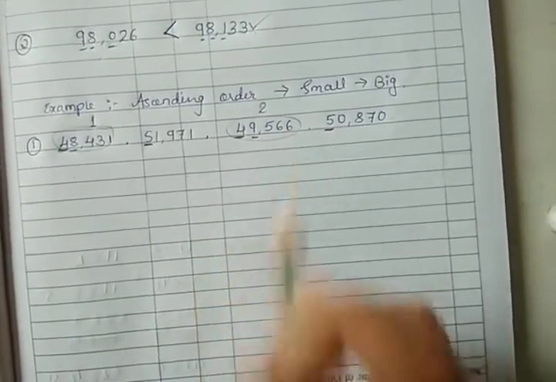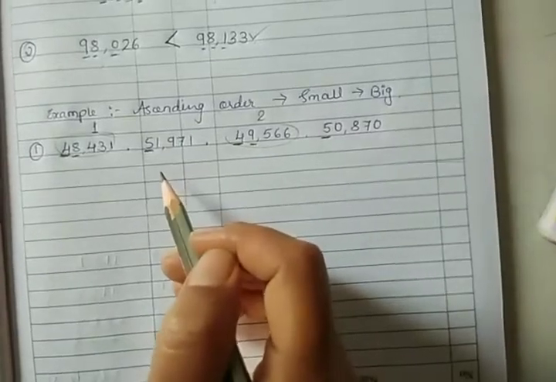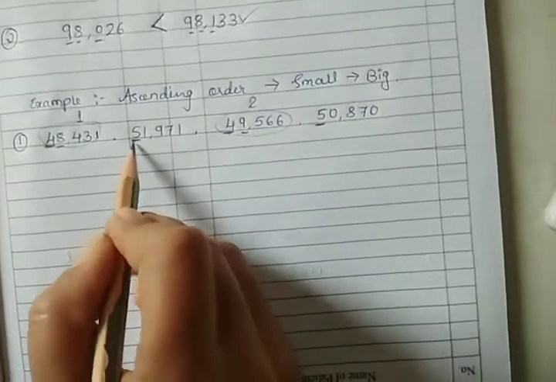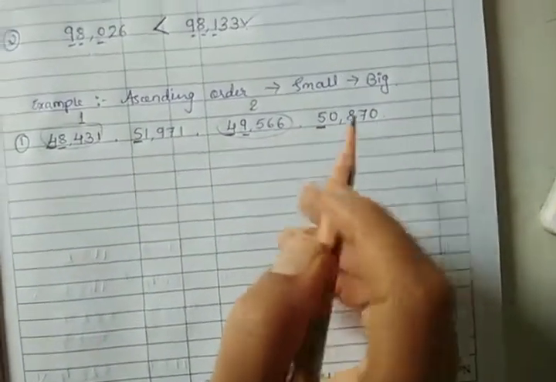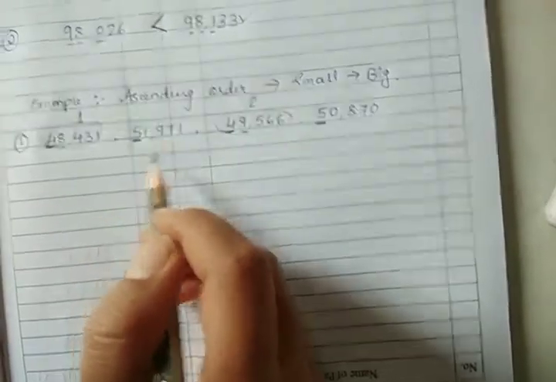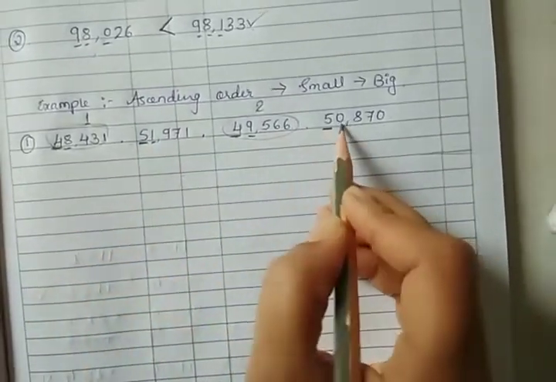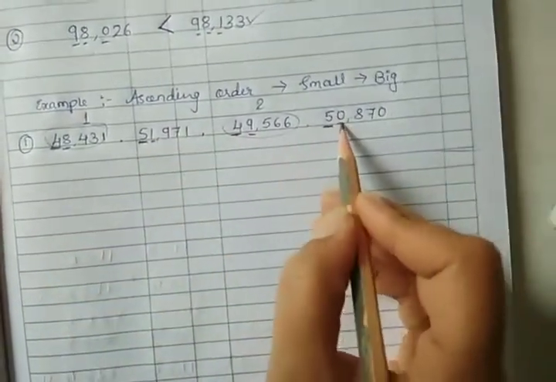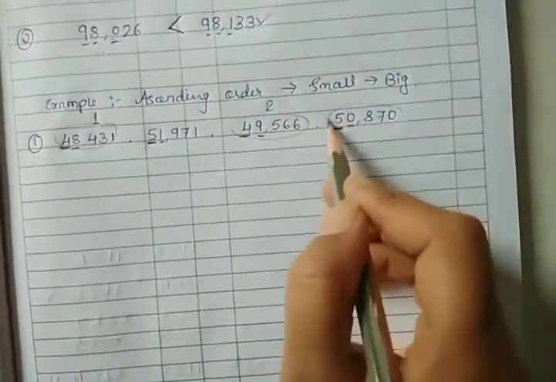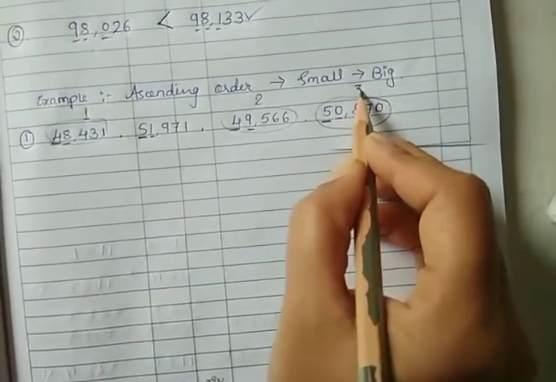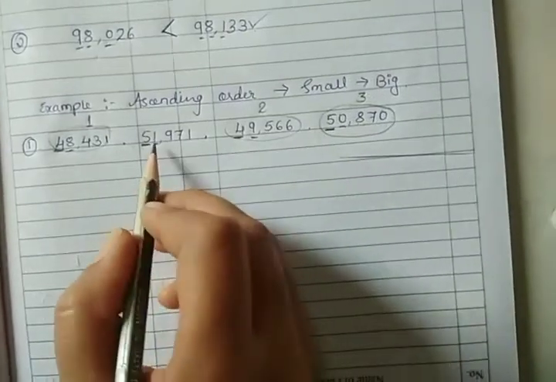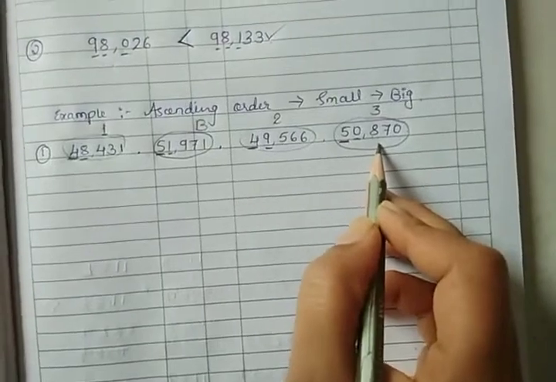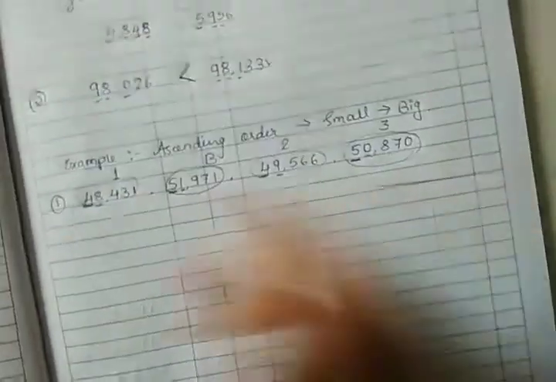Okay, now we'll compare the third smallest and the greatest number. Here in these two numbers the 10,000 place numbers are the same. Now we'll compare the numbers in 1000 place. Here in 1000 place 1 is there and here 0 is there. Which is greater? 1 is greater. 0 is smaller than 1. So this number is the third smallest number and this number is the biggest number among all four numbers. So let's write this now.